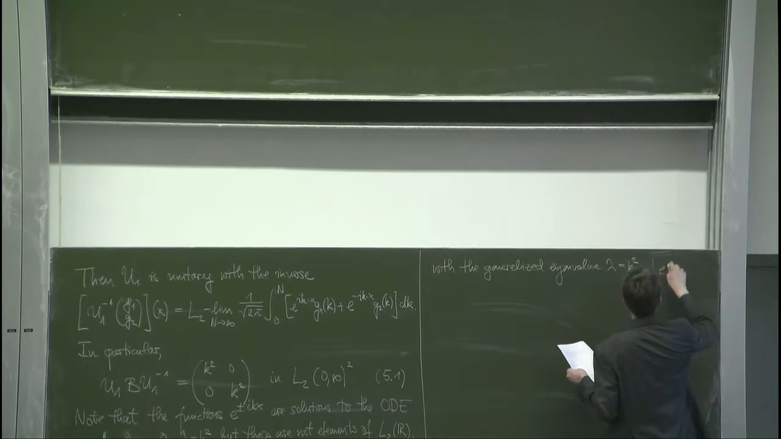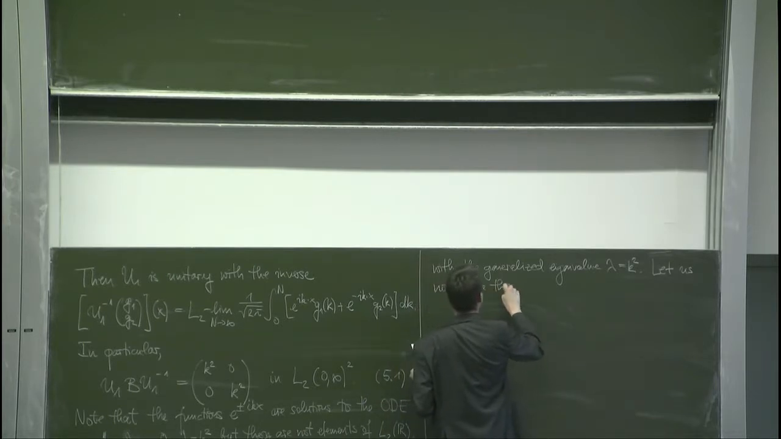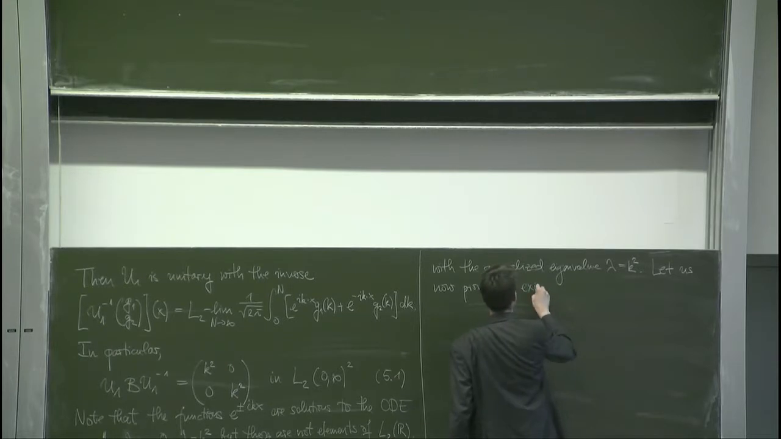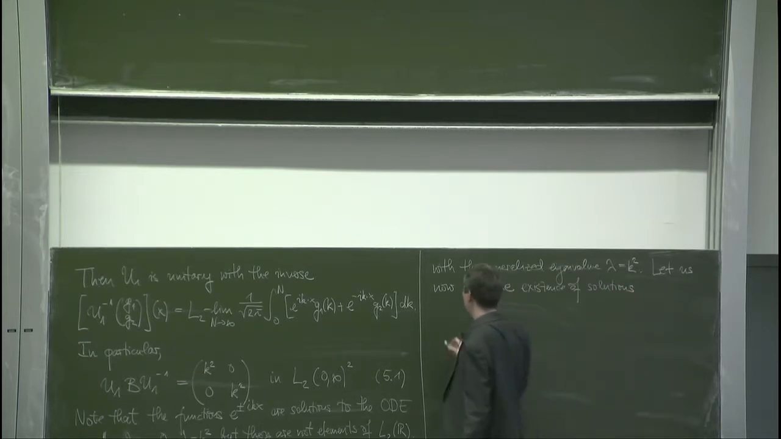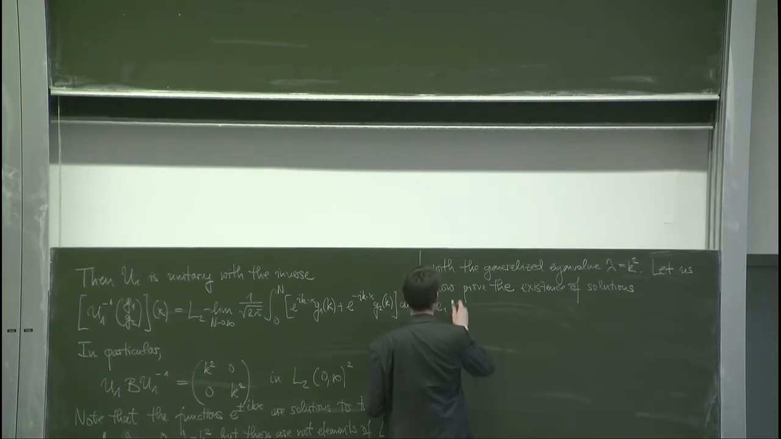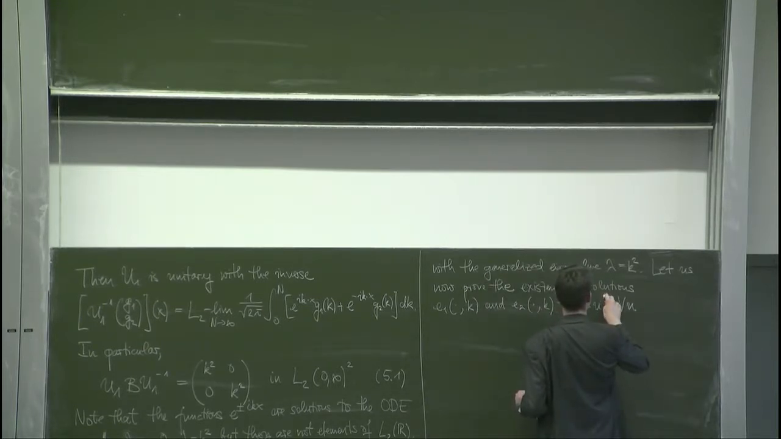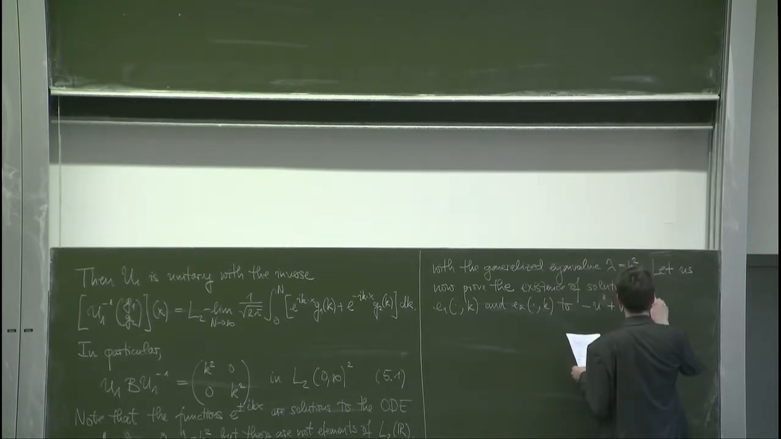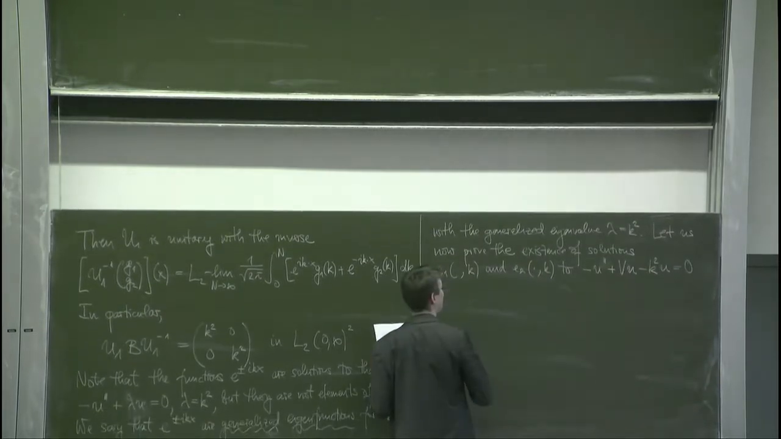Let us now prove the existence of solutions, let's say E1 and E2, depending on an argument and k, to the equation minus second order derivative of u plus the potential times u minus k to the power of 2 times u equal to 0, of the following form. We use the following Ansatz